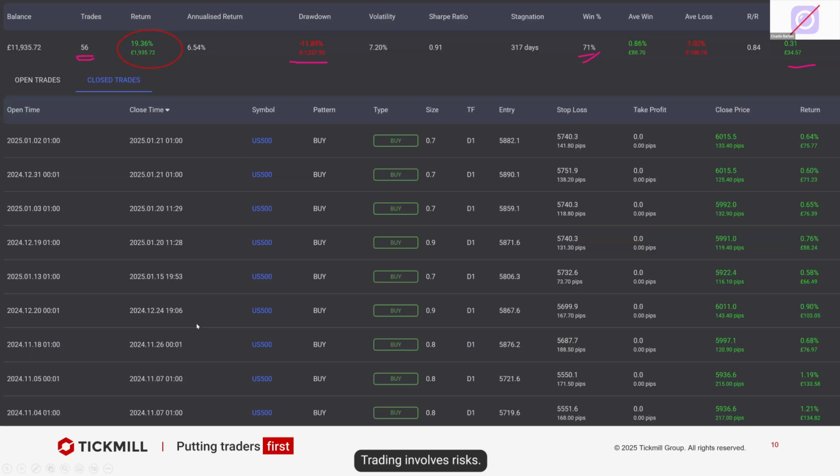This was the last trade that it was taking when I took these screenshots. The last closed trade it took on the 2nd of January and it came out on the 21st of January. So you can see over here some of the results here, and they all vary. Some are a bit above 1%, some are under, depending on when that RSI gets above,